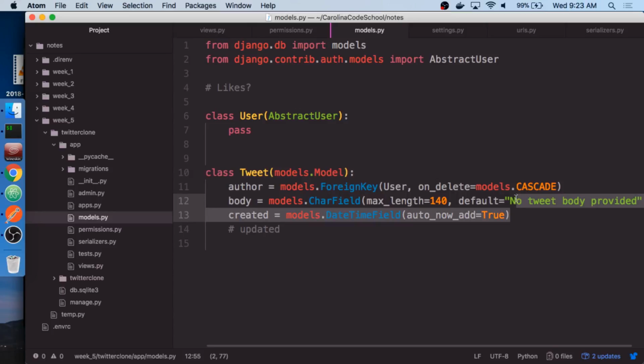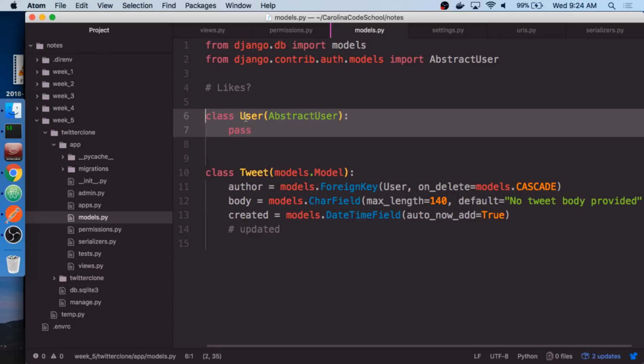And if we do have some time, which I think we will, something I would like to do is add in the ability to have following. Like I could follow somebody or I could like their tweets. There's still those two things that show up on a lot of people's final projects, the social aspect of it, that I want to make sure that we cover. And mostly we're just covering model relationships here so that I could have a user become a friend to another user. That's an interesting relationship there.